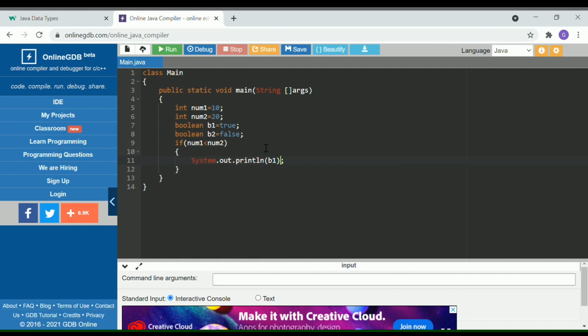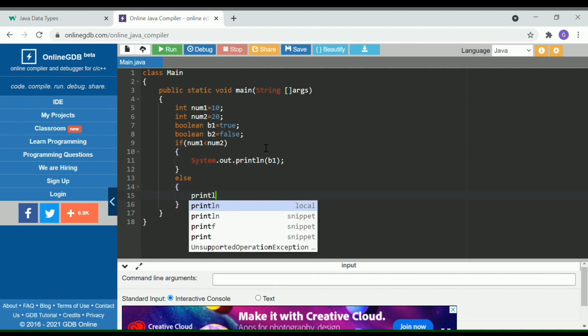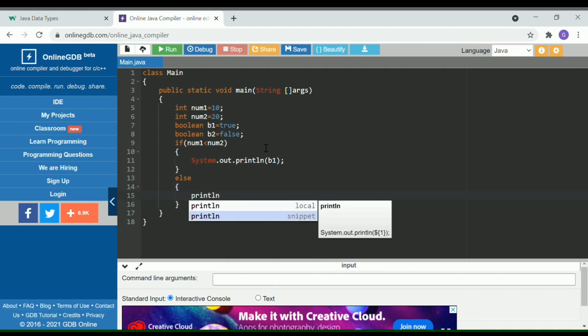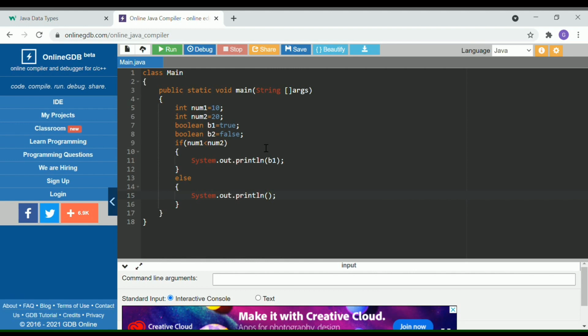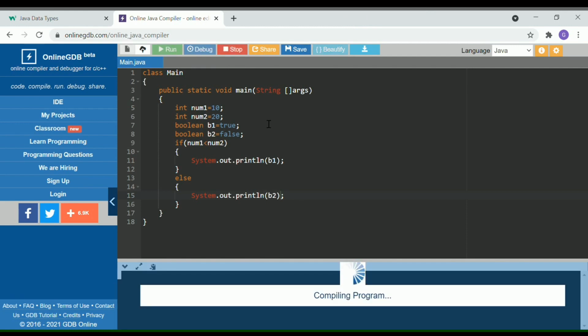If num1 is smaller than num2, else print b2. Okay, so this is the code.